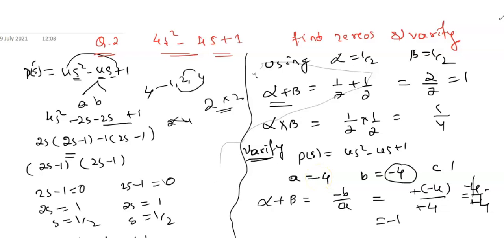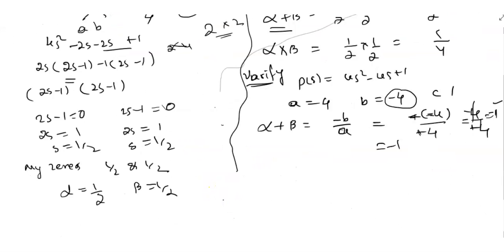The value of a is plus 4 only. So this will be equal to minus 4 by 4. So it is minus into minus, this is plus 4 only. Here minus of minus, the value of a is plus 4. Minus of minus 4, that is 4 by 4, we will get 1 only. Okay. Here how much we got? 1. Okay. Likewise, let's find out the product of zeros.